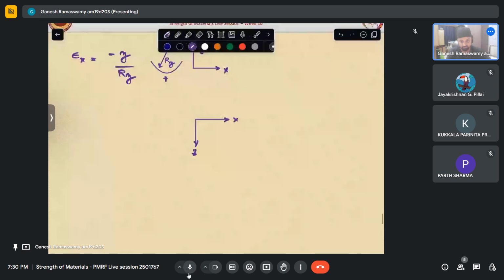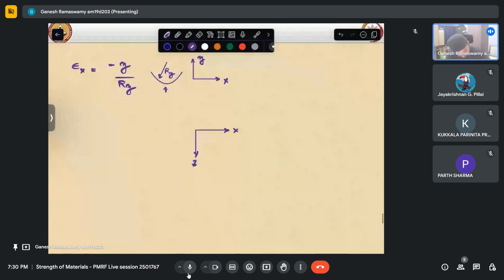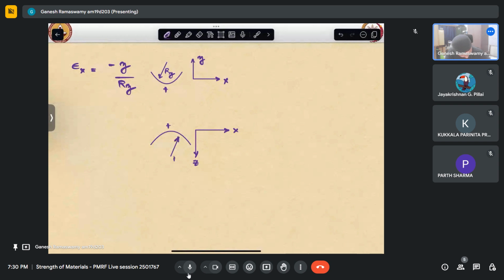Now my positive z is this way, and we have this as the positive curvature with rz. Let this be the radius of curvature in the other direction. So from here, it will give me minus z by rz as the strain component, and this will be because of